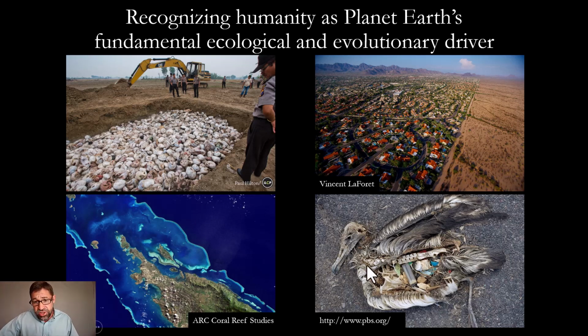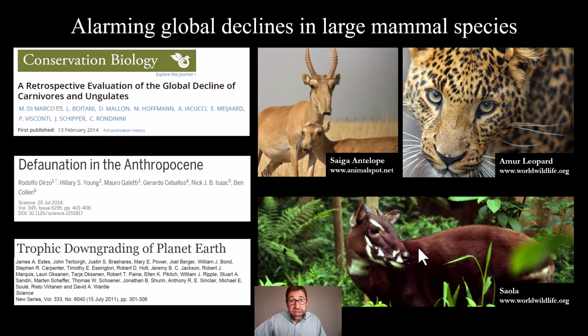In the Anthropocene, no species is safe from our reach. So this is a pelagic seabird, and it's consumed all of this plastic pollution. So even species in far-flung oceans are affected by us. We are producing novel stressors for wildlife all around the planet. Some of the hardest hit taxa in the Anthropocene are large-bodied carnivores and the ungulates.